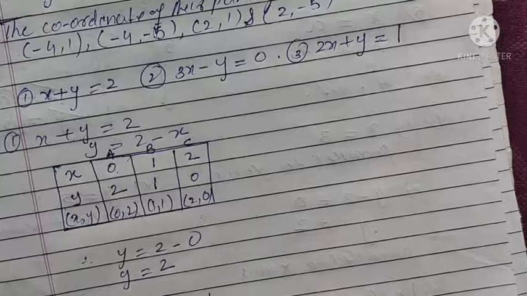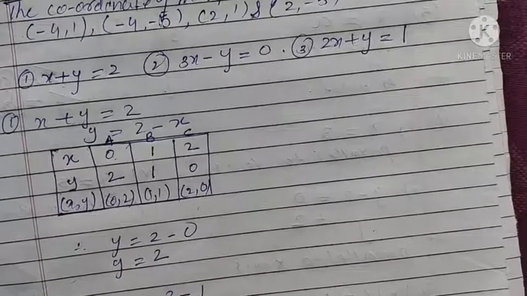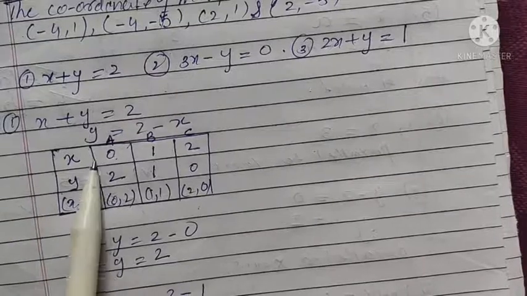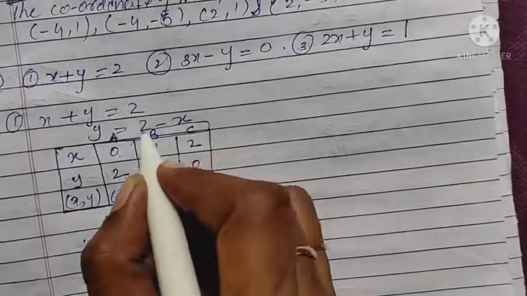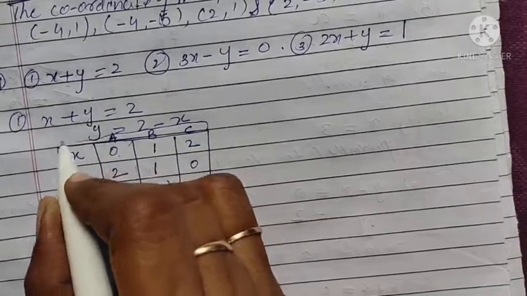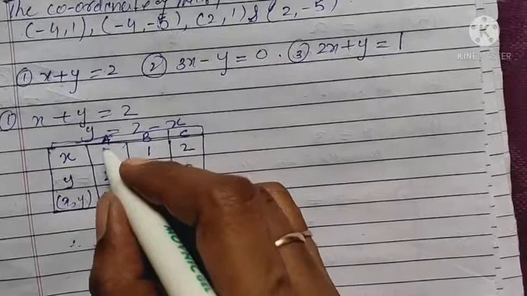Without names you can also solve. There is no need to give names, but if you want, it's easy. This point is A, this point is B, this point is C. Draw one more box here if you want to give the names, otherwise it's okay. This is the first equation. I solved the first equation here.